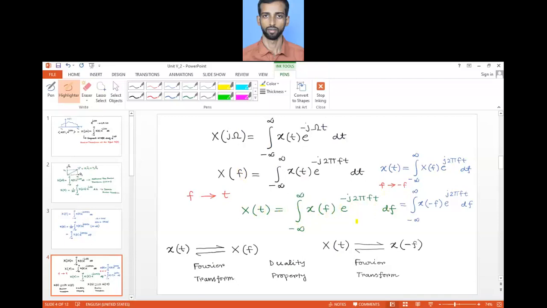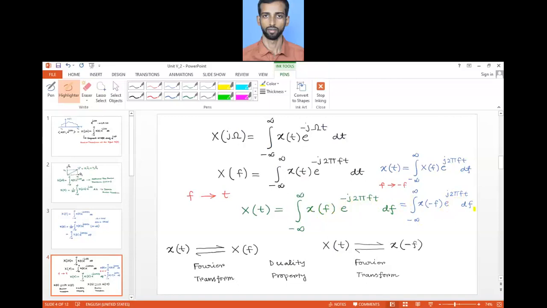On the right hand side we have some change. This X(f) will become x(-f) there. E to the power minus j 2π ft will become e to the power plus j 2π ft there, and this df will become minus df. So whenever it is minus df, there will be a minus sign outside, and we can absorb it in the limit. Then the limit remains the same, minus to plus infinity x(-f) e to the power j 2π ft